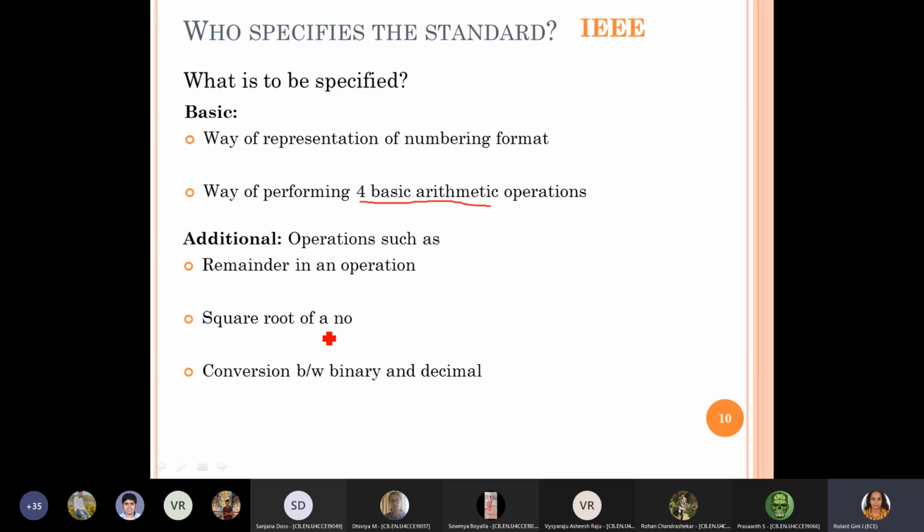And in most cases, conversion is required between the external environment and the system, because when the user gives the input, he or she will give it in decimal, but when the system performs the operation, it performs everything in hexadecimal. The same way, the result given by the system is in hexadecimal, but when you give that value to the external environment, you cannot give it directly. For example, when you add 5 and 5, the system result will be A, which is a hexadecimal number representation, because everything is performed in binary.